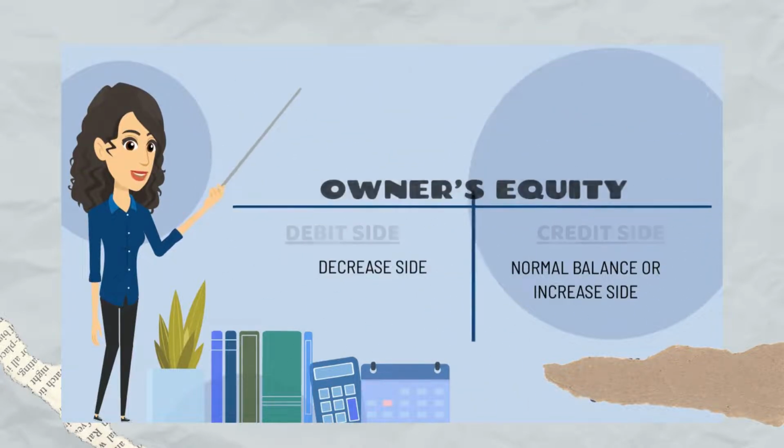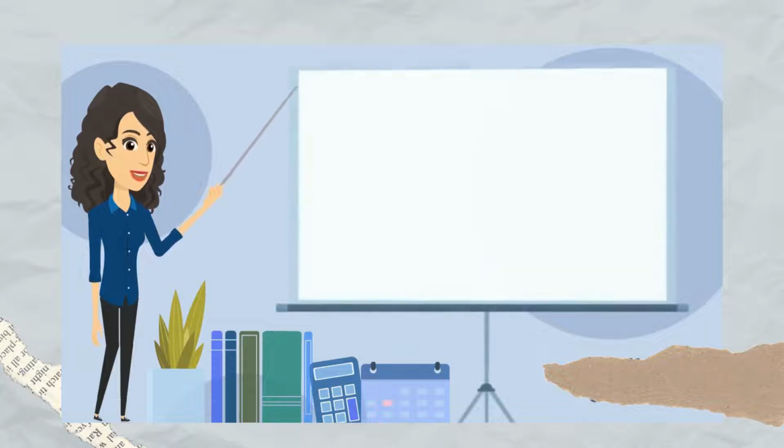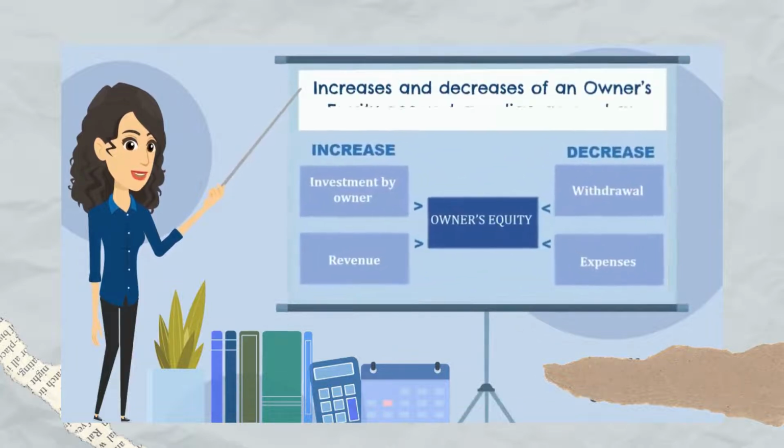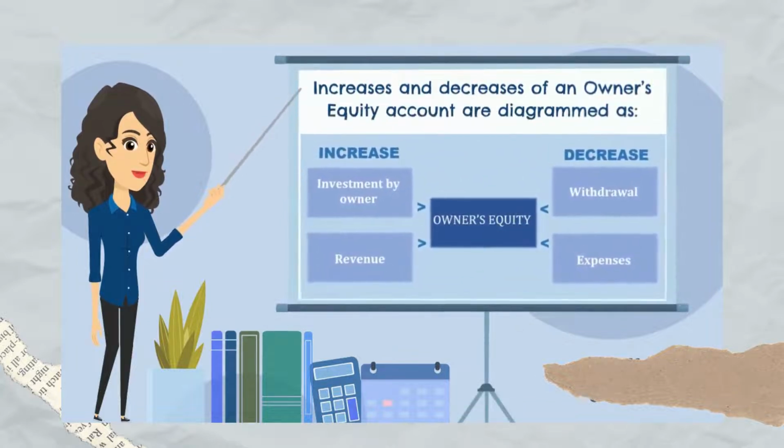The factors that will cause the owner's equity to increase are investment by owner and revenues. The factors that will cause the owner's equity to decrease are withdrawal by owner and expenses. The increase and decrease of an owner's equity accounts are diagrammed as